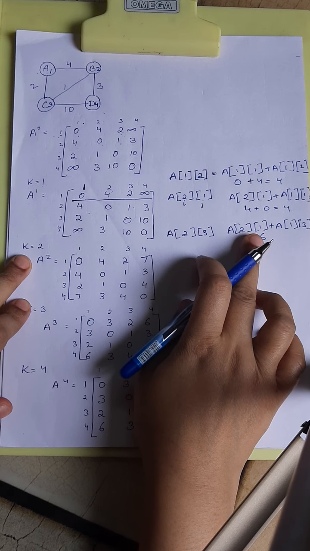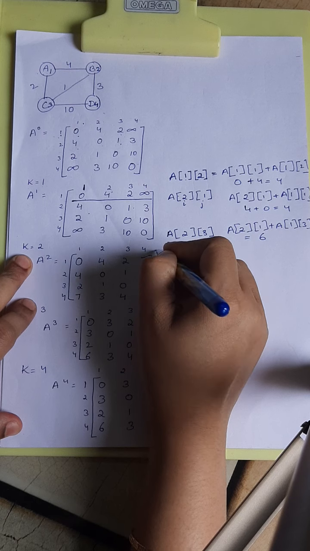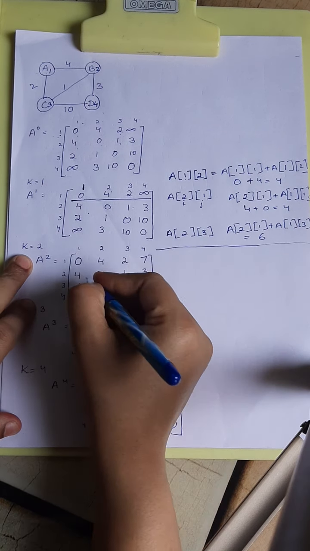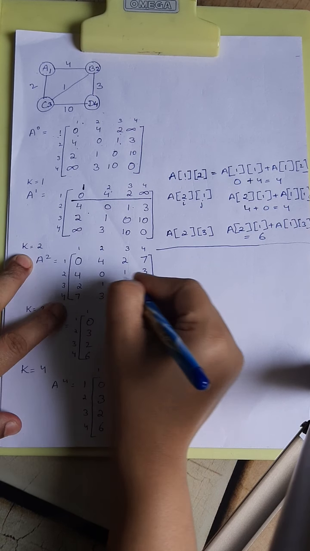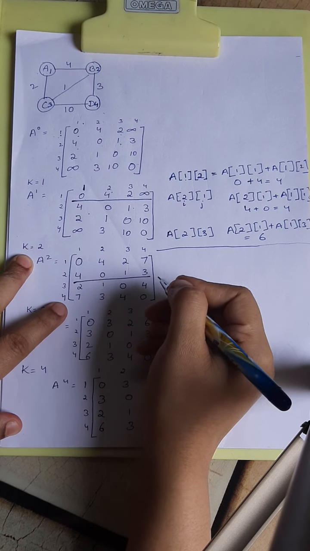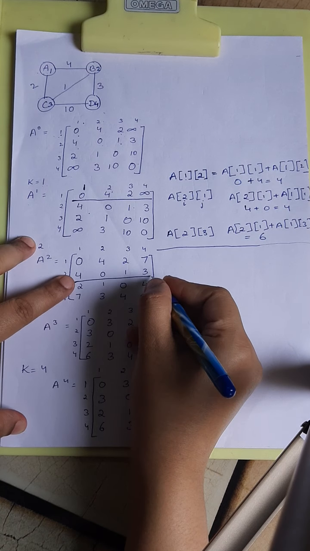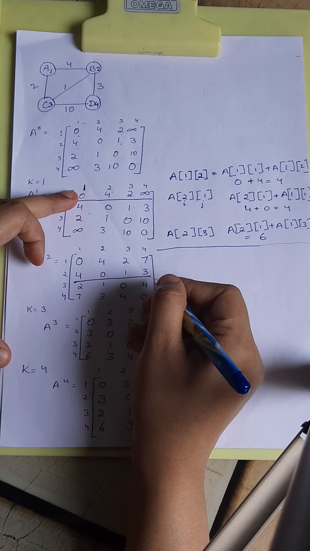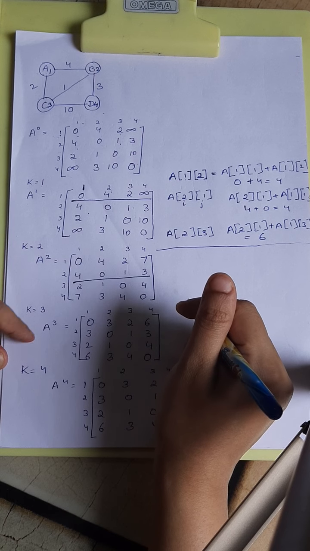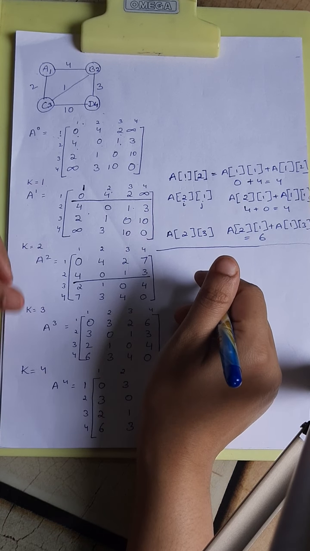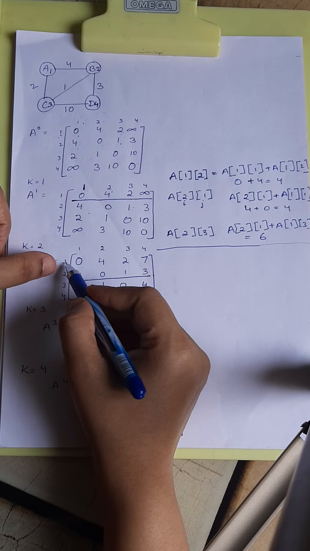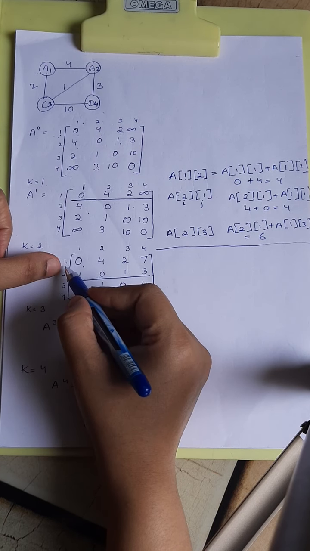When you move to k equals to 2, now see, for k equals to 2, the second row will remain untouched. You have to leave the second row. For k equals to 1, we left the first row. For k equals to 3, the third row. And for k equals to 4, the fourth row. Like that we have to do. So for k equals to 2, we'll leave the second row. We'll start with the first row. No self loop, so this is 0 as it is.